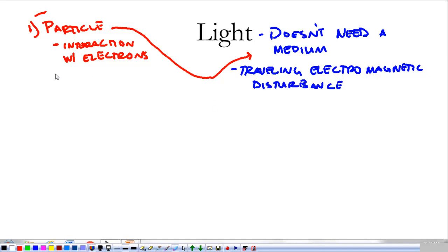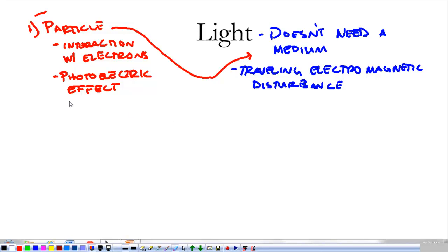Another way we see light as a particle is something called the photoelectric effect. In the photoelectric effect, you have different wavelengths of light hitting a piece of metal and knocking electrons off. If you ever want to see that, put a piece of foil or a fork in a microwave. Okay, those sparks are the photoelectric effect. That's kind of how it works.